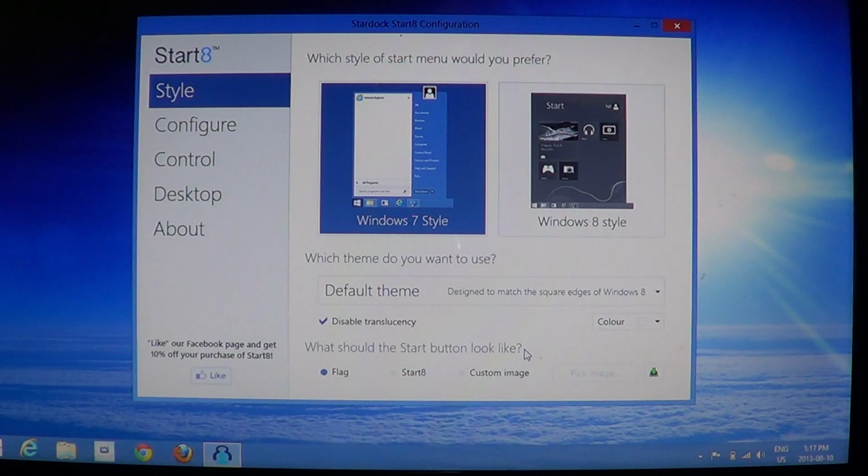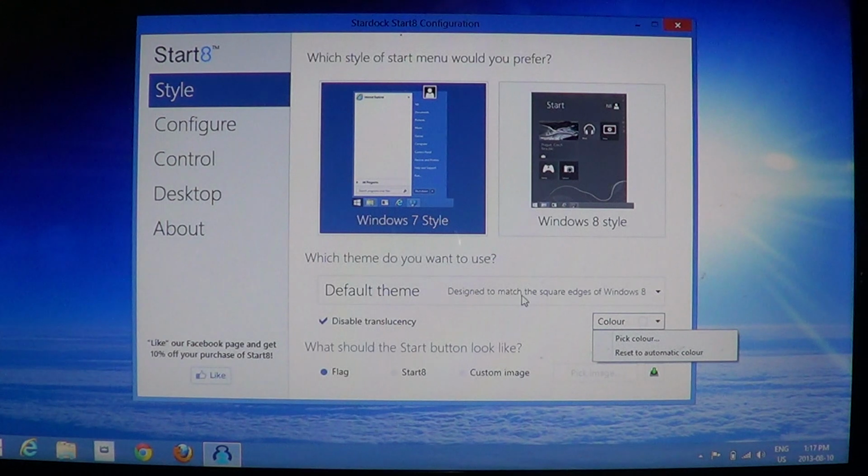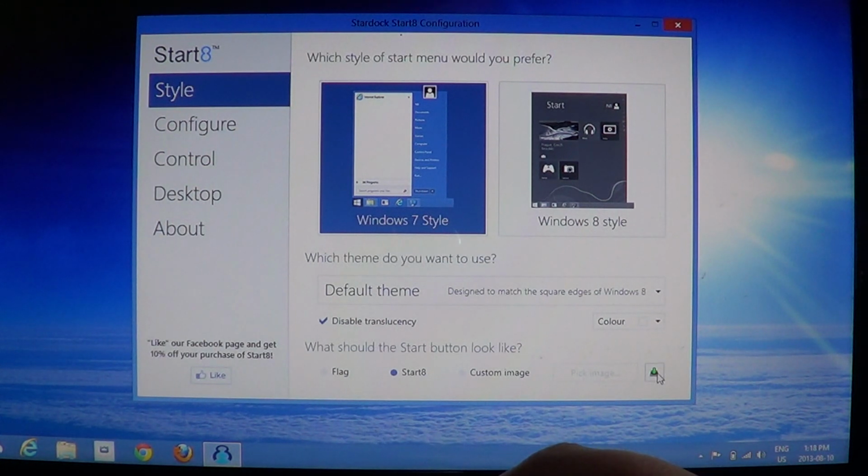So here you have the default theme. You can select different options like disable translucency, choose the color, you can pick your own color, and what should the start button look like? A little flag. Do you want to have Start 8 or a custom image? And once you've chosen that style and all that information, all you have to do is